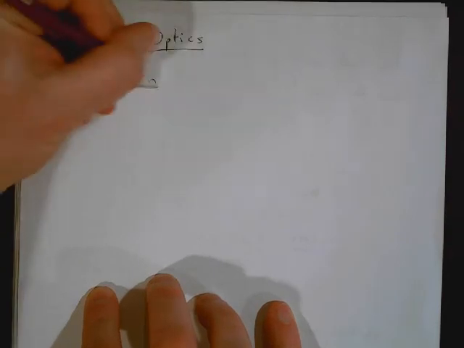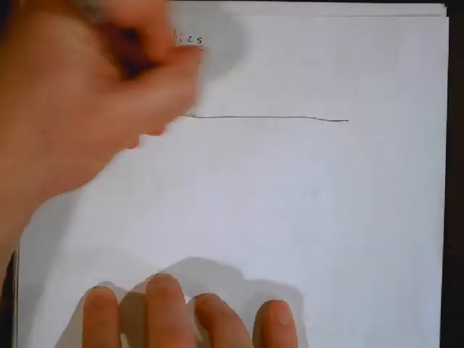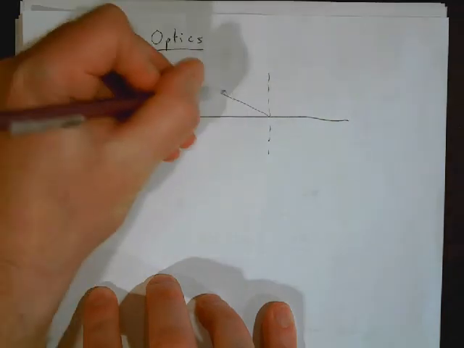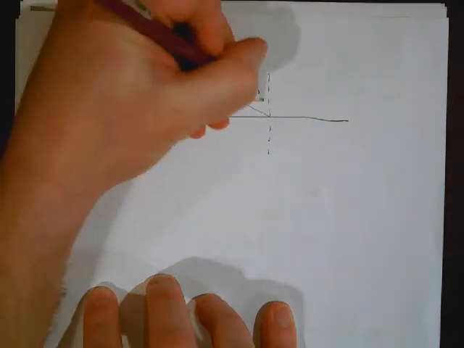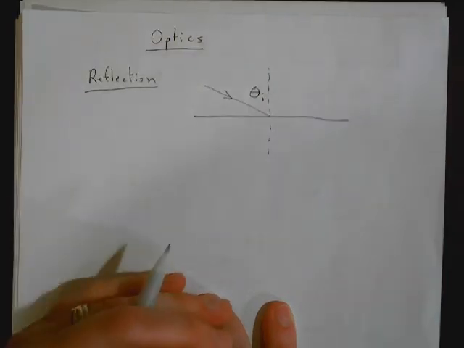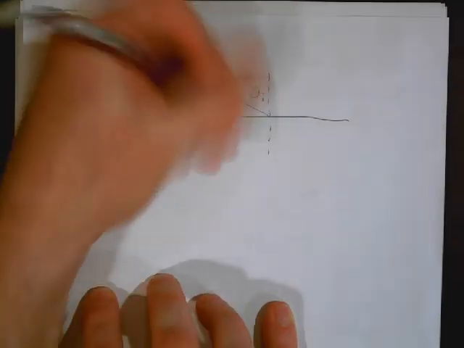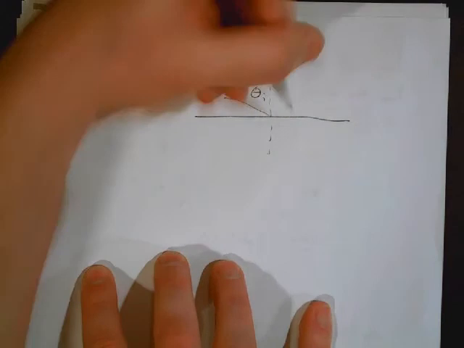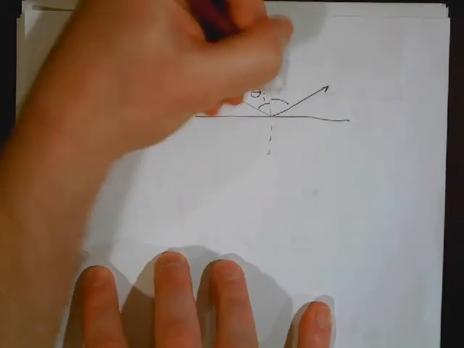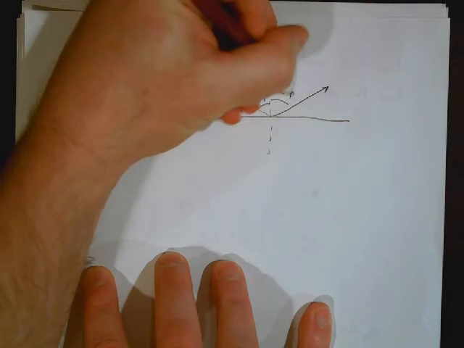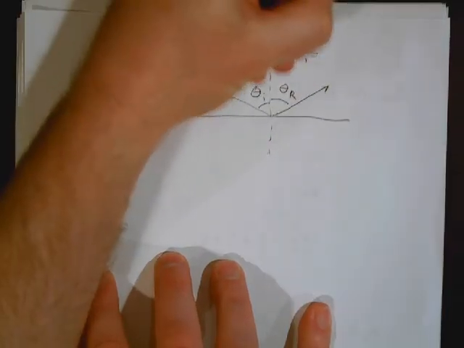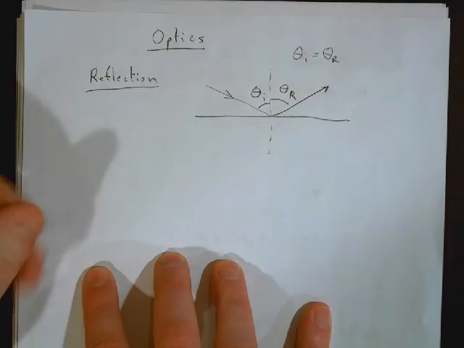So what do you have to remember with reflection? Essentially, this picture. If I have a light coming in, this angle, which is my angle of incidence. Remember, you always measure your angle of incidence from the normal line. Remember, the normal line is perpendicular to the surface. It is going to bounce off, and that would be my angle of reflection, so that the law of reflection says this equals this, and that is